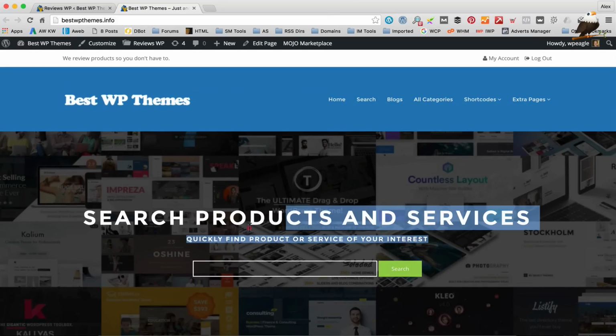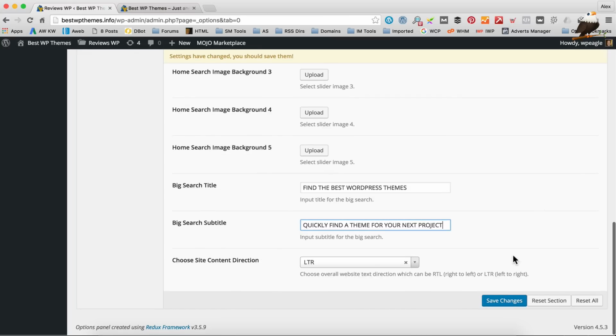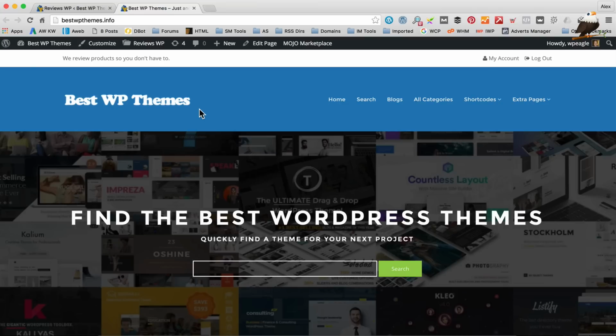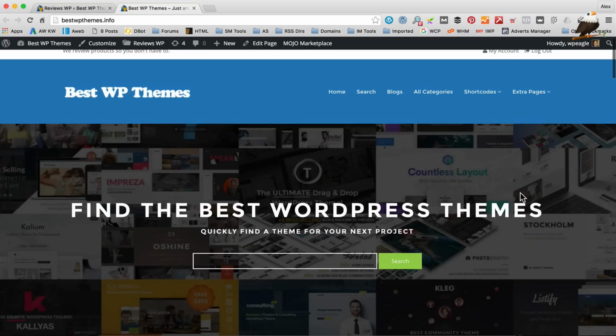So the next thing we'll change is this bit of text. Find the best WordPress themes. Quickly find a theme for your next project. Something like that will do. Let's save the changes. Refresh. Okay, so that's looking quite nice. Obviously we've got some other bits and bobs to do down here, but this top bit is now coming together